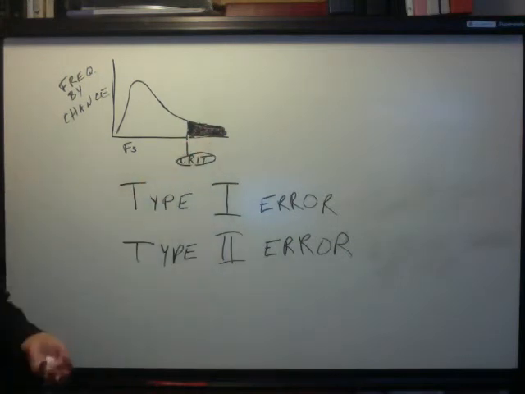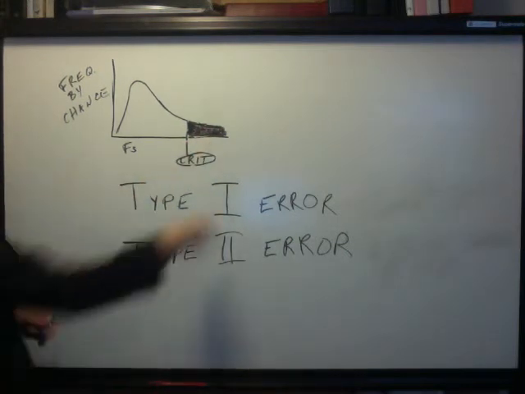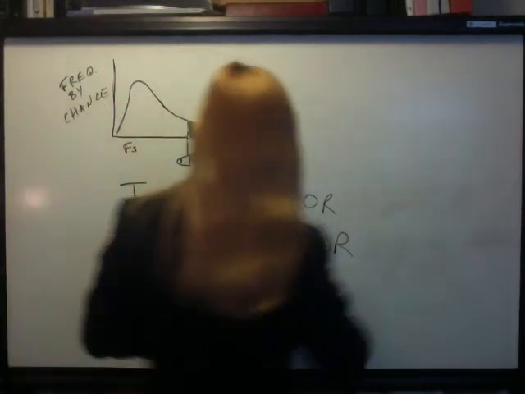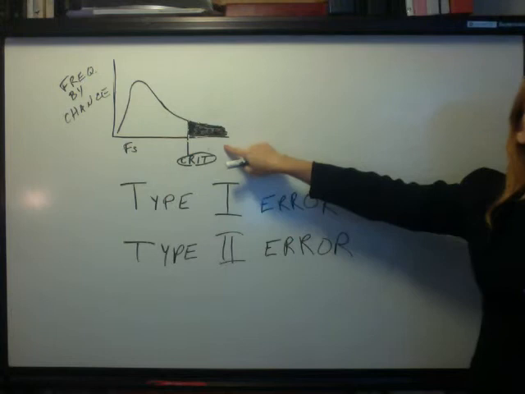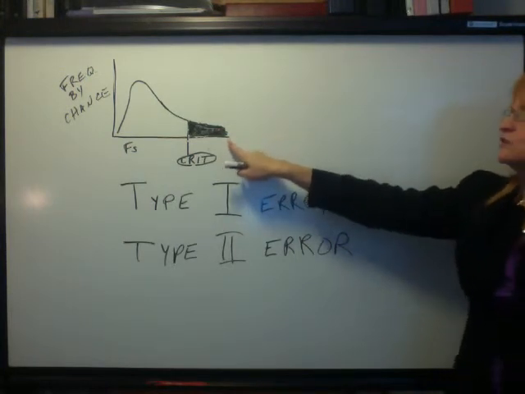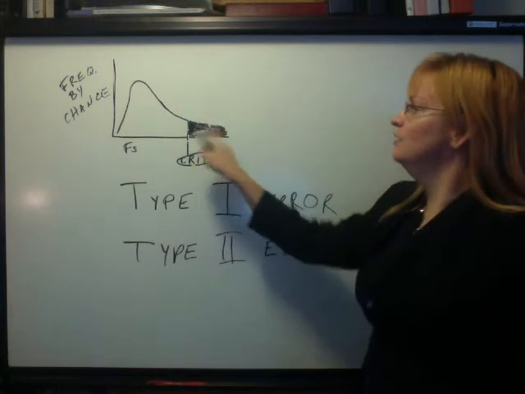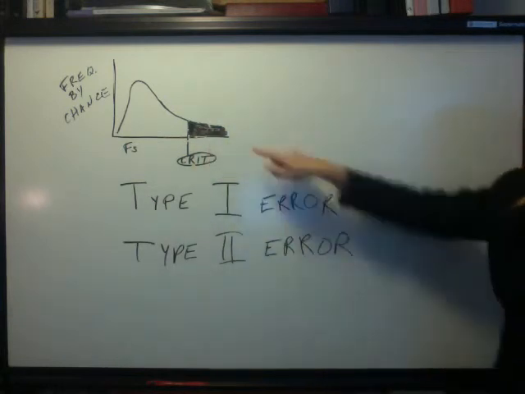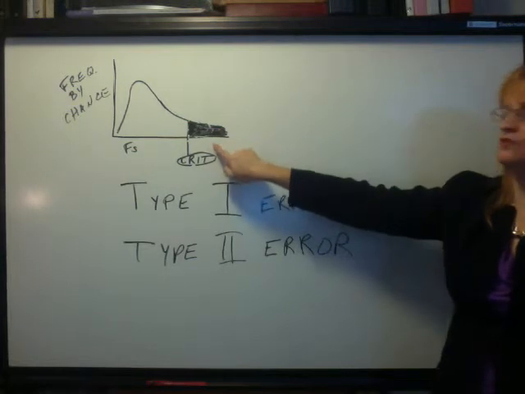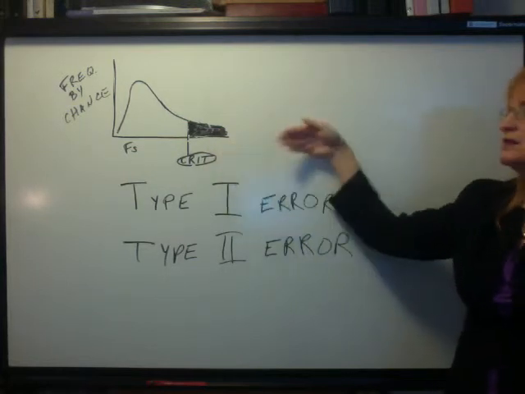What all this means is, we do a study. Let's say our obtained value of our statistic does fall here, which is what we want. There's still a chance that we are incorrect in claiming an effect. And that chance is going to be this proportion that's out here. Because these statistics do occur just by chance alone, and it could be an illusion. Could be that chance moved our groups apart. It's a small probability, but it's there.